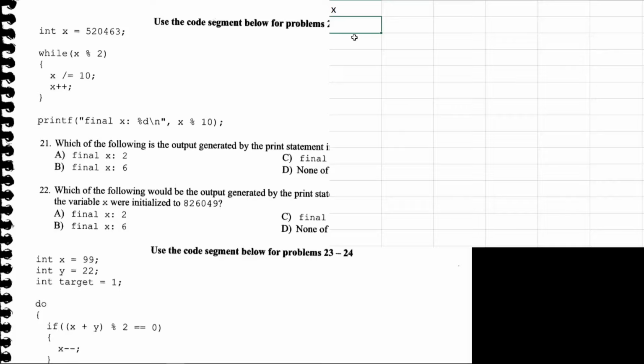Now let's interpret what the actual while statement is doing. It's while x is not divisible by 2, when it has a remainder when it's divided by 2, it's going to do integer division, divide x by 10, and then it's going to add 1 to x. And x is going to be initialized as 520463. So let's see how this turns out when we actually